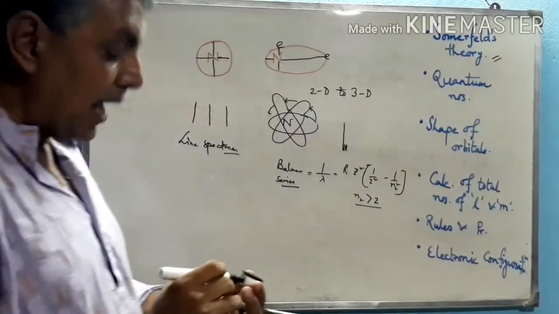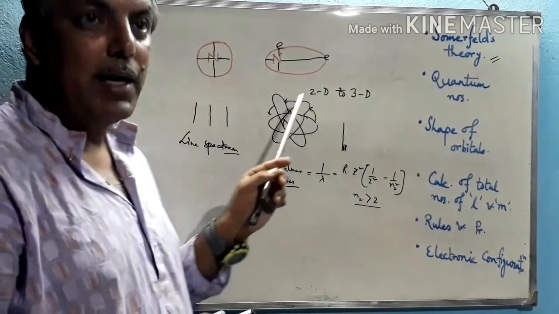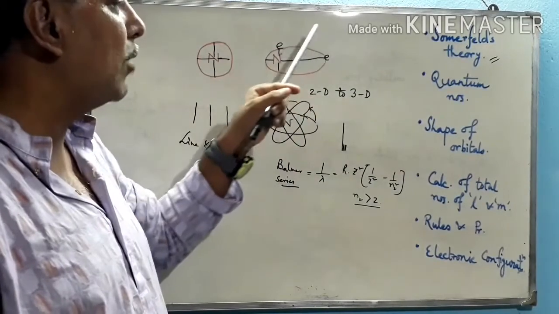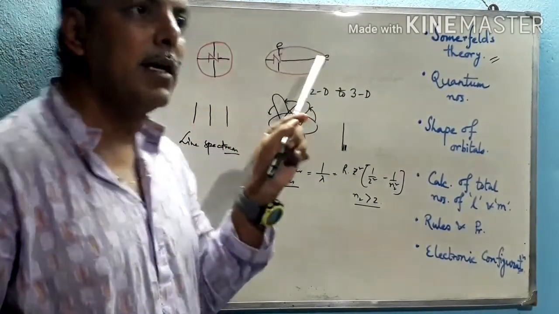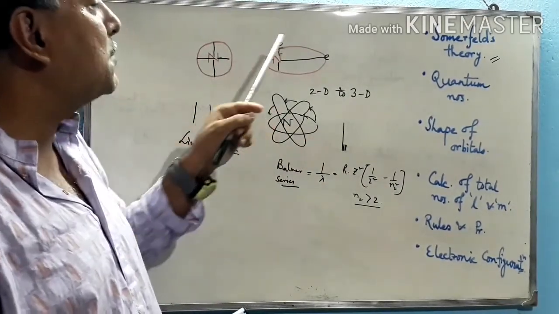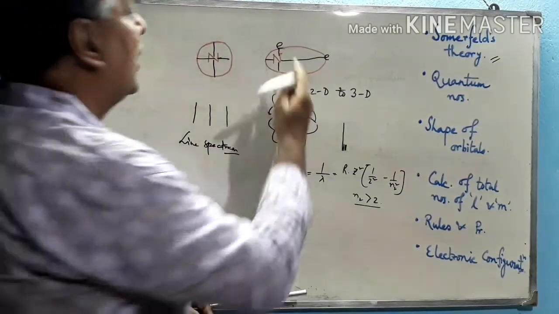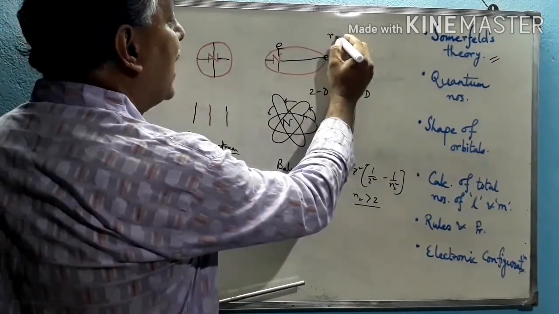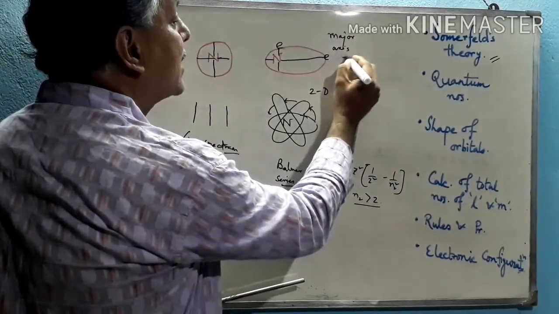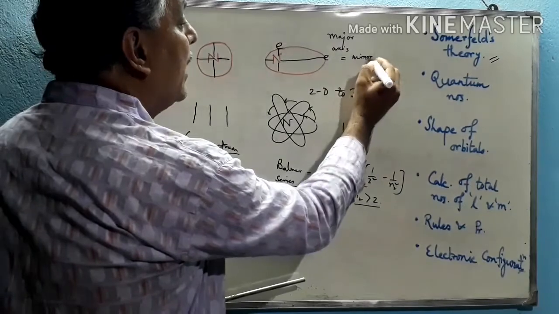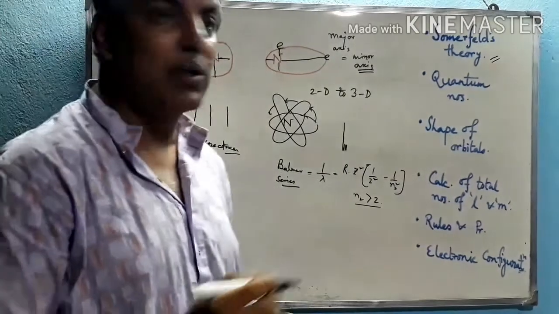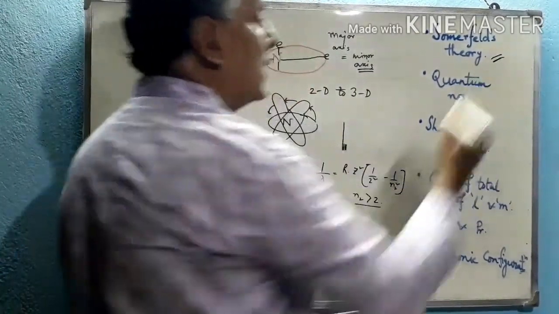This is actually Sommerfeld's theory, which explained that it is not a two-dimensional pathway, rather a three-dimensional pathway in which the electron, rounding the nucleus, revolves in an elliptical pathway instead of a circular one. So the circular pathway is a special case of the elliptical pathway in which the radius is constant. That means the major axis is equal to the minor axis in the case of a circular pathway. This is a special case of the elliptical pathway. So this completes Sommerfeld's theory.